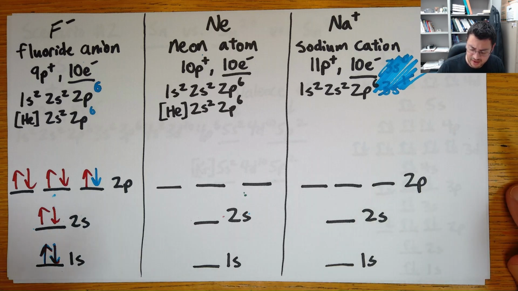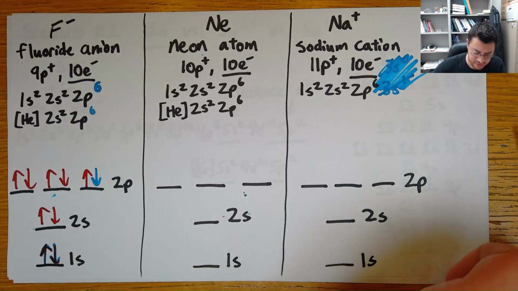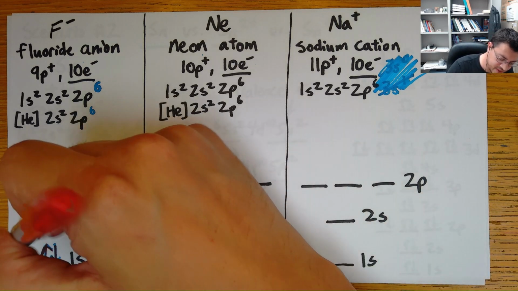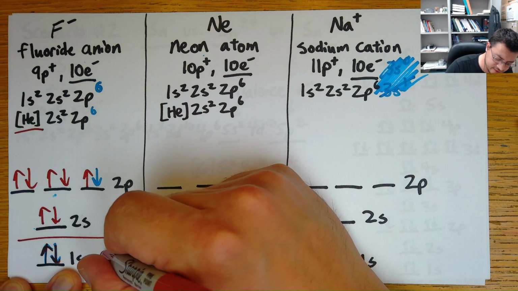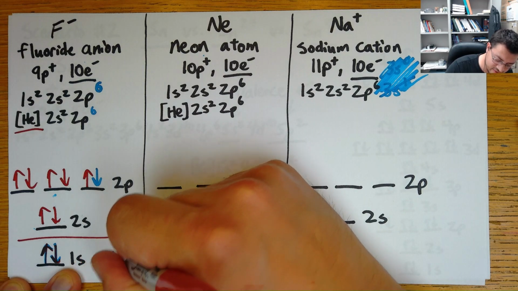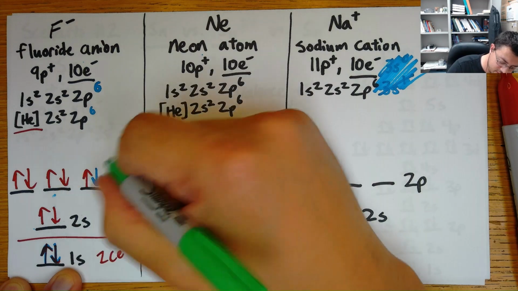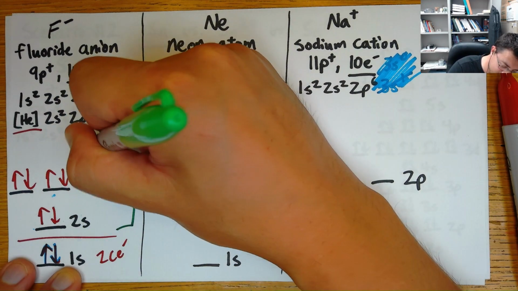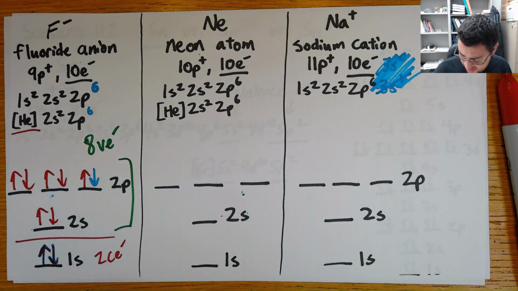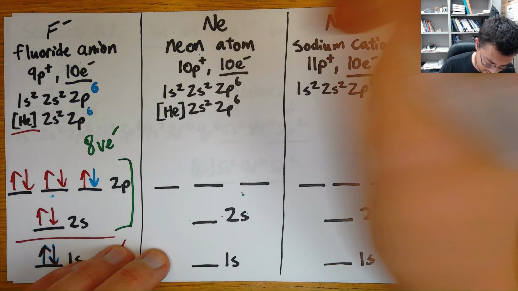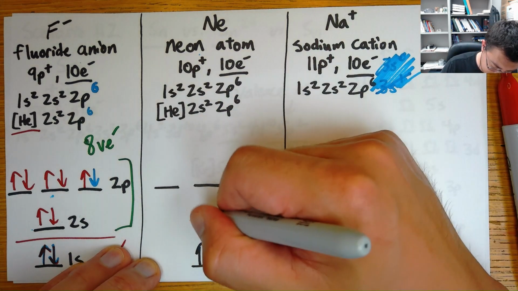If we're counting valence electrons and core electrons and all that stuff, previous noble gas was helium. So that is going to be 2 core electrons. And then here, everything here is 8 valence electrons. Okay, we went from 7 in neutral fluorine to 8. Okay, neon, well, we didn't mess with anything, so it should just be everything as normal. 1, 2, 3, 4,